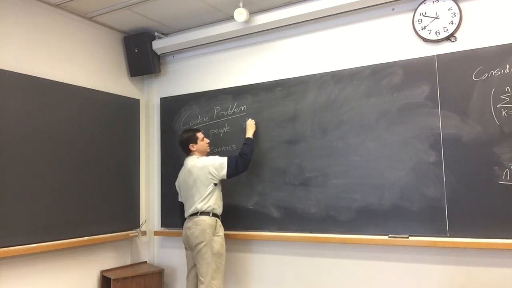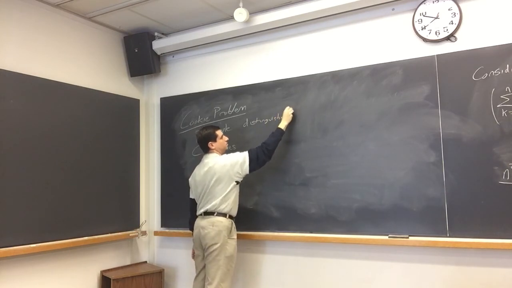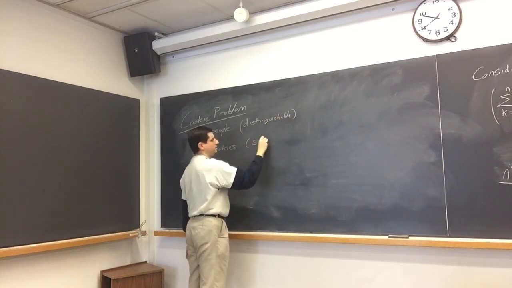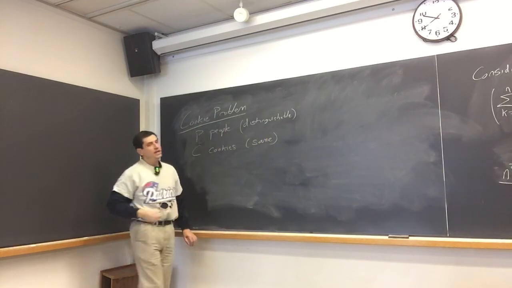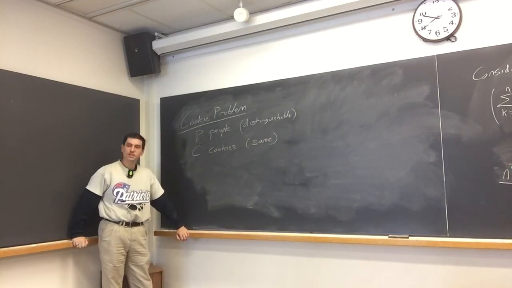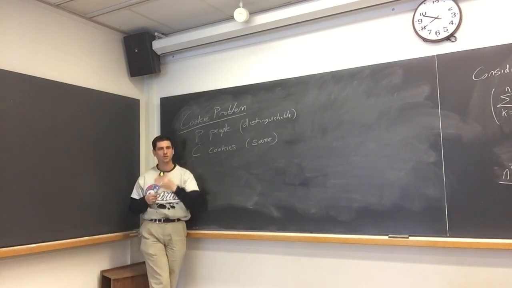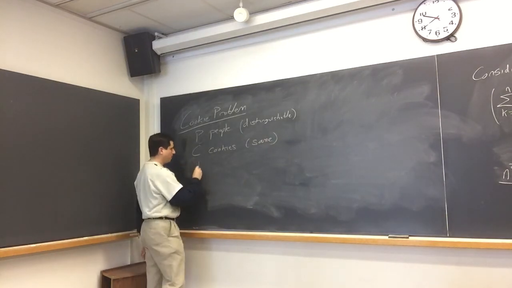So here, distinguishable. And here, they're the same. And so my question is, how many ways can we divide C cookies among P people? So is there a difference between my getting all the cookies and Sean getting all the cookies? Yes. Okay, so